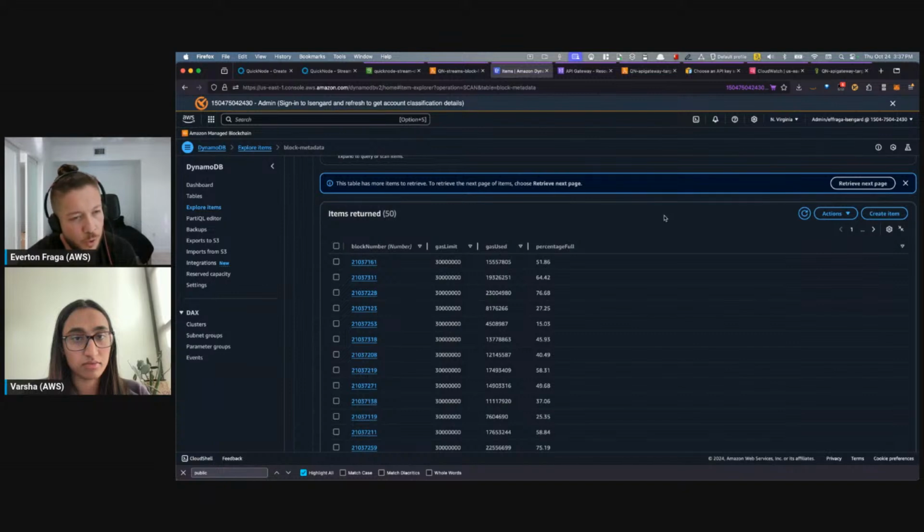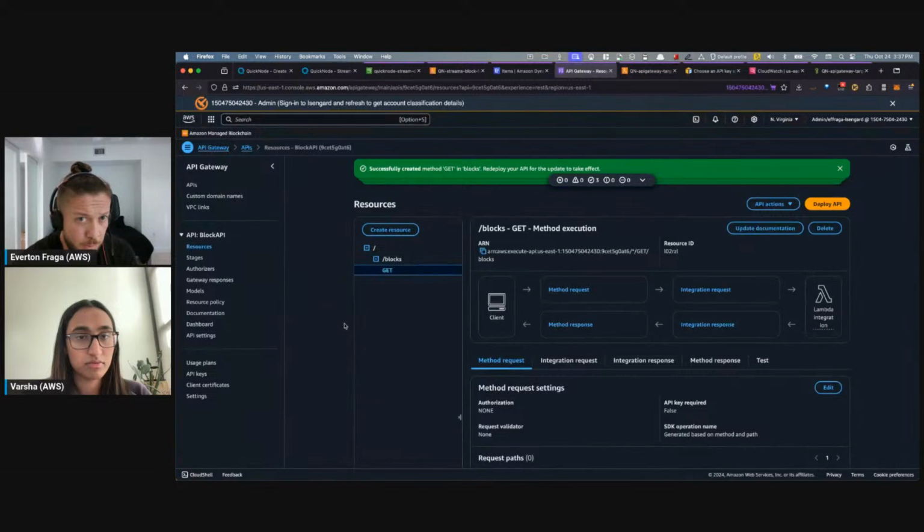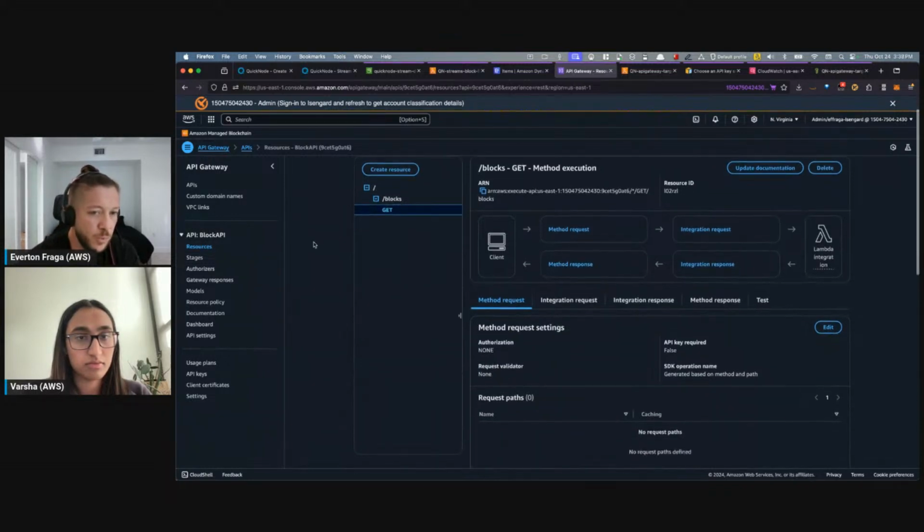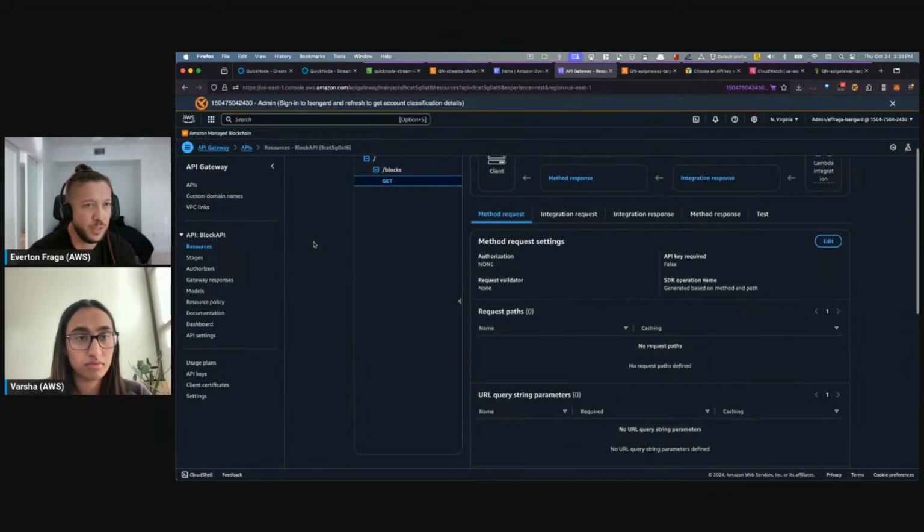Now that we stored the data that's coming straight from QuickNode, and we're now putting it in this highly scalable database for reads, what should we do with it, right? In this case, we are utilizing another service, another building block, called the API Gateway. This one is pretty interesting because it allows me to create a public endpoint and to deploy an entire API infrastructure in a very, very simple way, right?